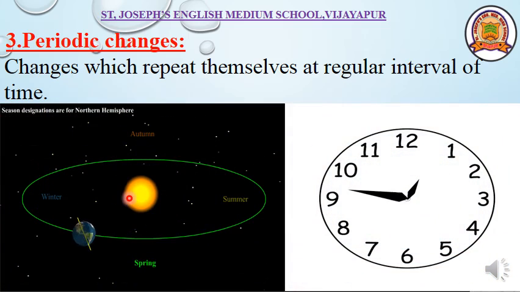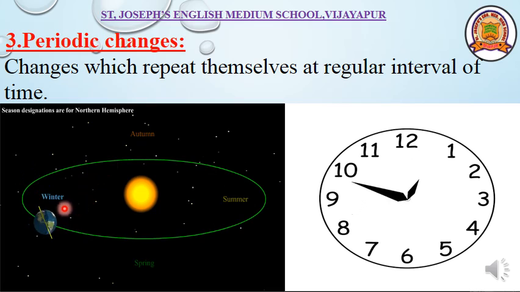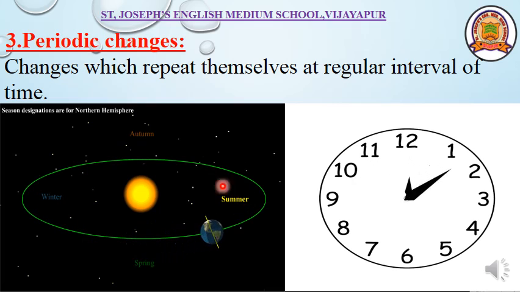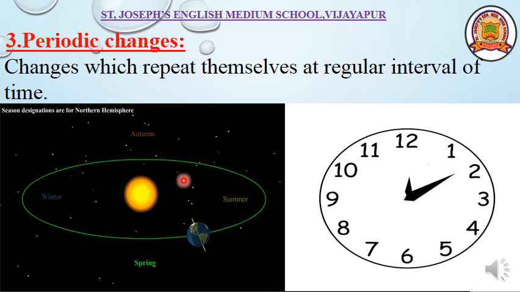You can see the rotation of earth around the sun. It takes 365 days. No, today it is too hot, I want to take only 5 days to complete the circle. Is it possible? No. There is a fixed path. Every season, you can see a season here: winter, spring, summer, autumn. All these are the different seasons which take place at an exact period of time.